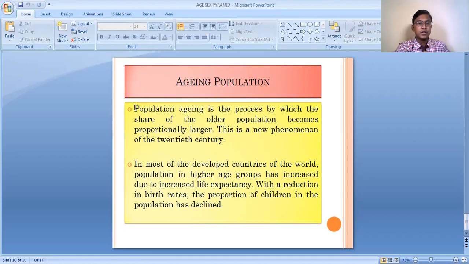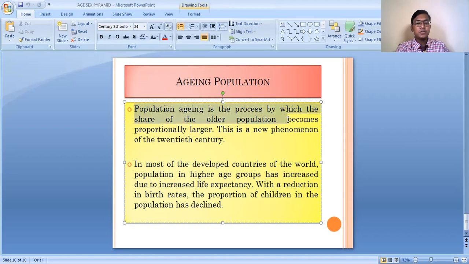Aging population is the process by which the share, that is the percentage, of the older population becomes proportionally larger. And this is a new phenomenon of the 20th century. So when the percentage of people in the higher age groups increases, the phenomenon is known as the aging population. So basically a country,